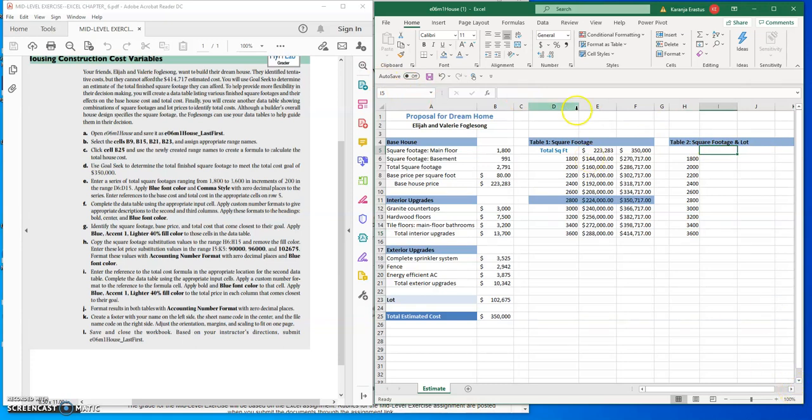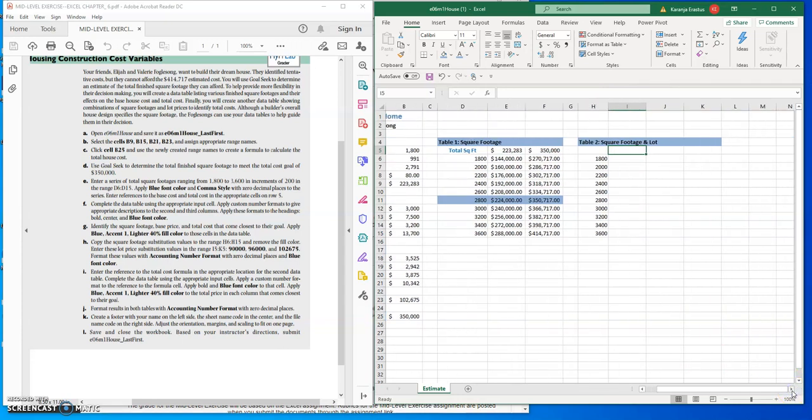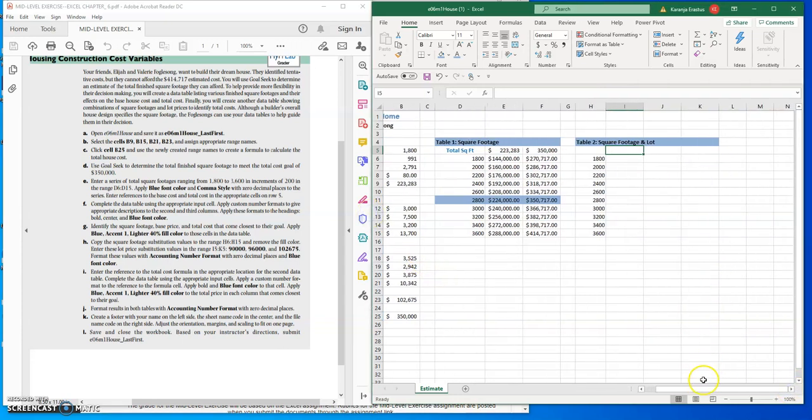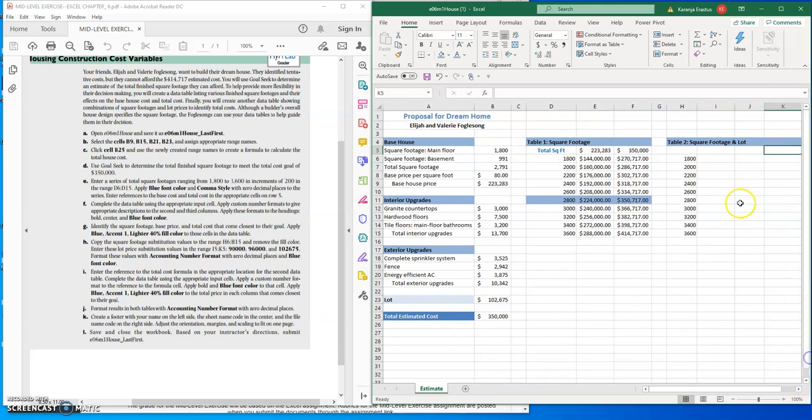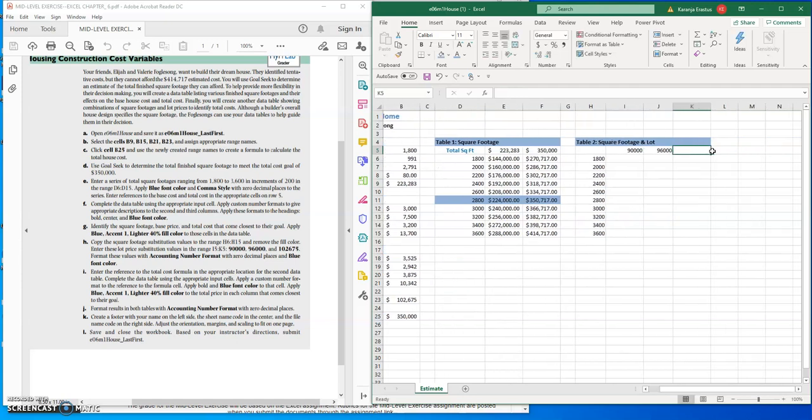And you can adjust the size of this. Oh, no. I want to see that. So just move the screen a little bit that way. And that might be too much. So I need to have this, and that. Okay, that works. So from I5, I should have 90,000. 1, 2, 3. So this is the lot. You have that 90,000. This is square footage and lot 96,000. 1, 2, 3. And the last one is going to be